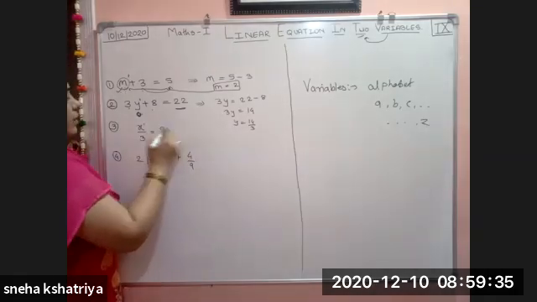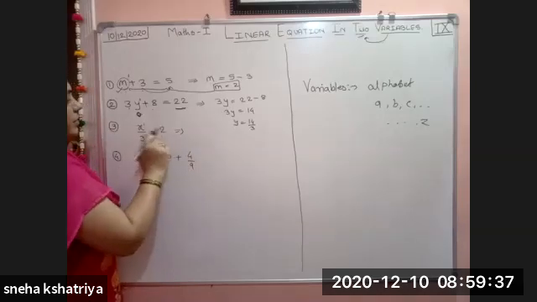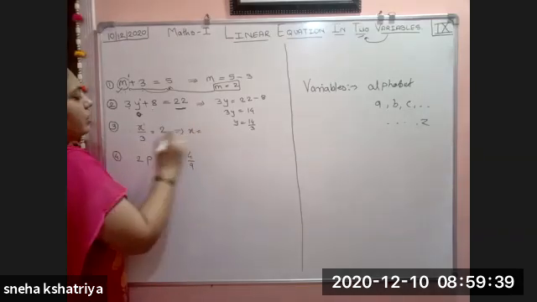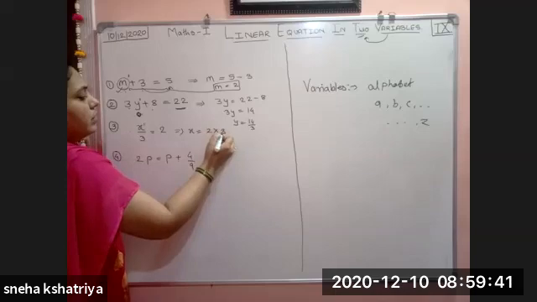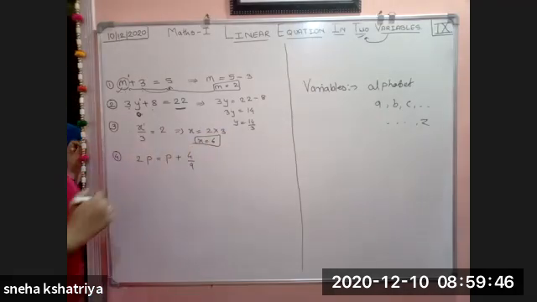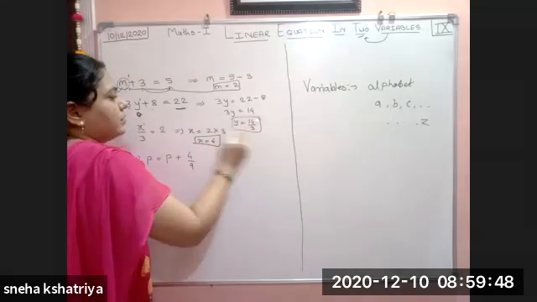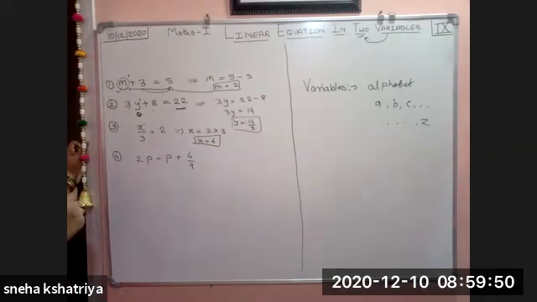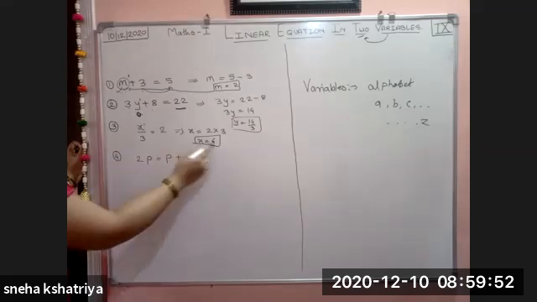Here again, if we want to solve, shift 3 here. We get x is equal to 2 into 3. So the value of x is equal to 6. The value of x here we get as 6. y is equal to 14 upon 3 and x is equal to 6.